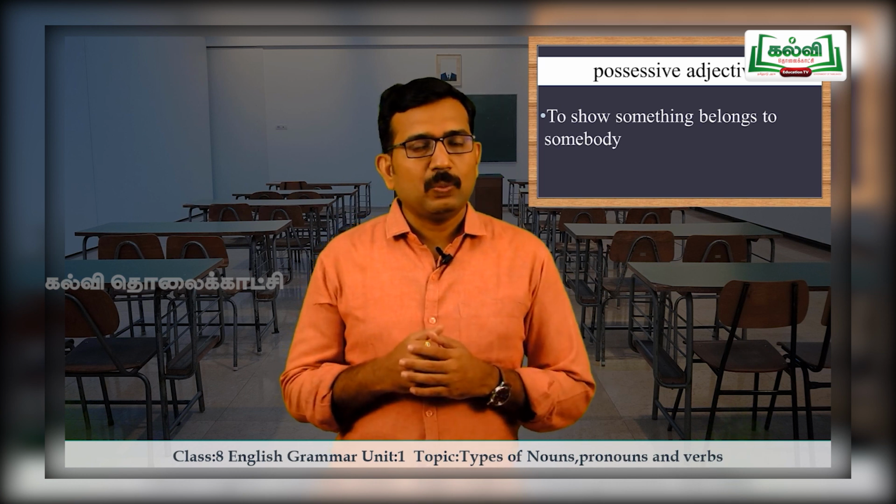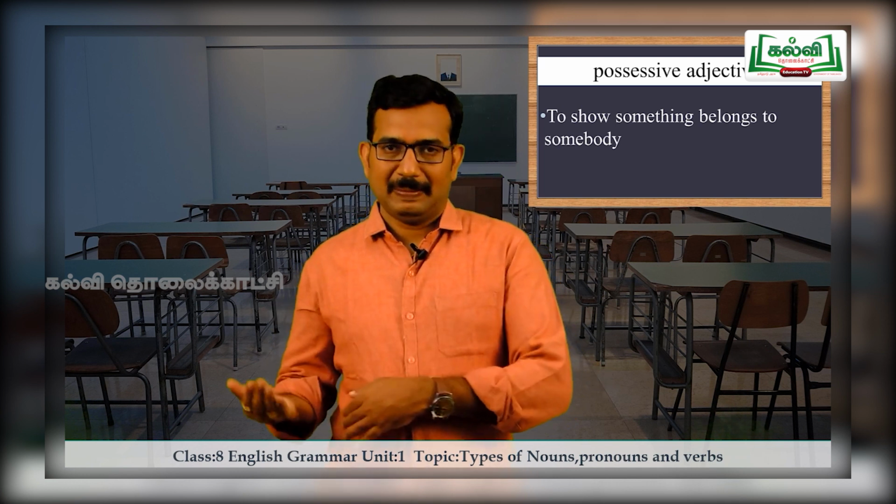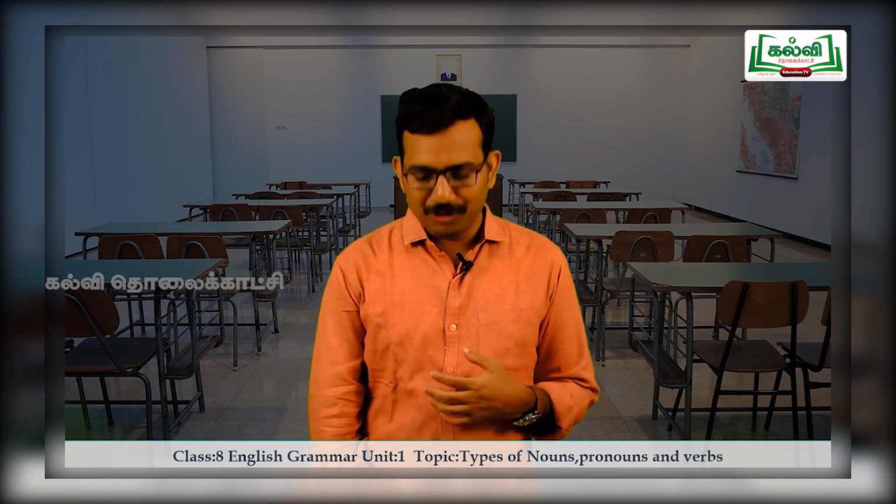So, our next thing is possessive adjective. Also we have seen examples. We want to know what that is. It is used to show something which belongs to somebody. If you are telling that this belongs to somebody, then it is a possessive adjective. Possessive means we used to say this is my water can, this is my pencil, this is my bag, like that. If you want to say something which belongs to you, then it is possessive.